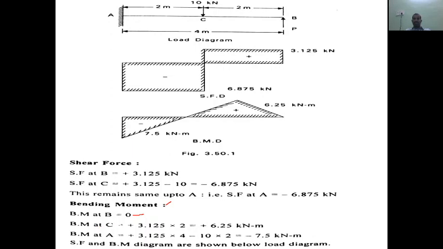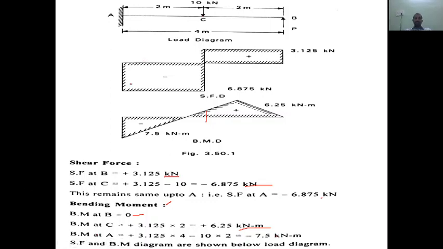Now the bending moment at C. This is a point exactly at C. Here we are going to calculate it. It is simply force multiplied by distance, and the prop reaction is creating a counterclockwise moment about C. There is no other load causing an opposite or same direction moment. Therefore, it is simply the prop reaction multiplied by the distance up to C. That is 3.125 multiplied by 2, which gives 6.25 kilonewton meter. Units are also important. For shear force we write kilonewtons, and for bending moment you need to write kilonewton meter.